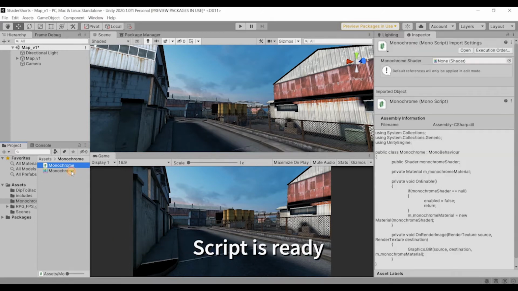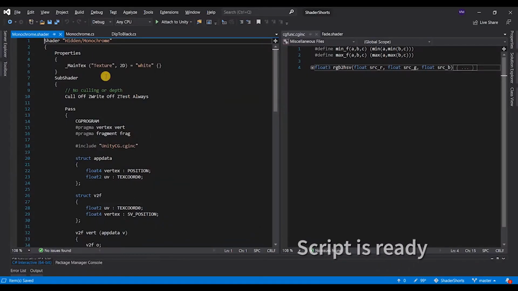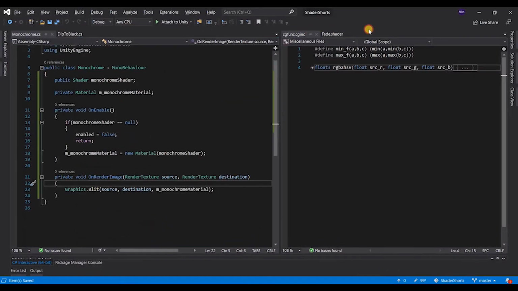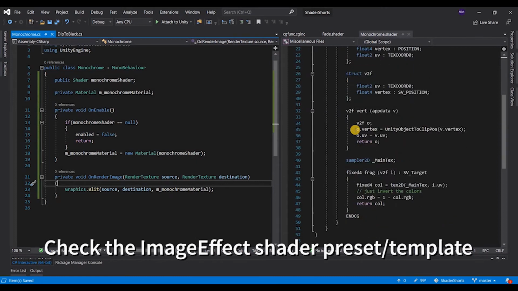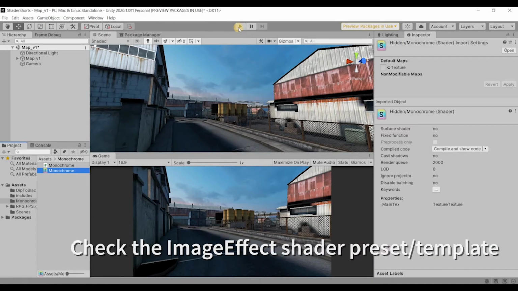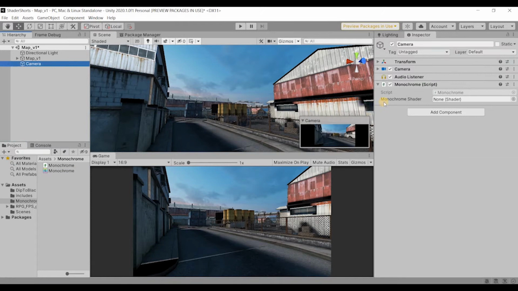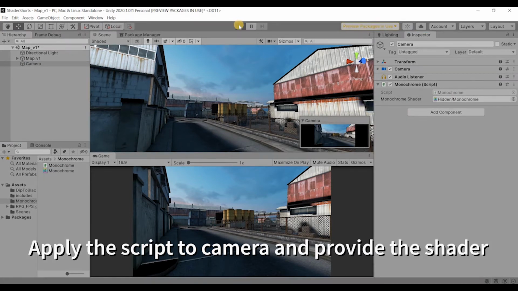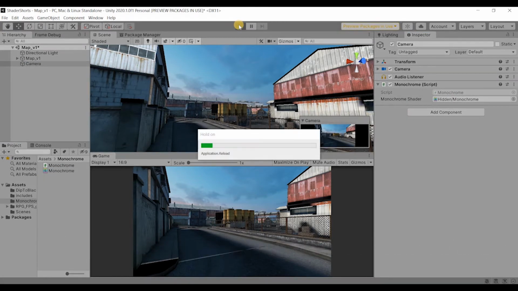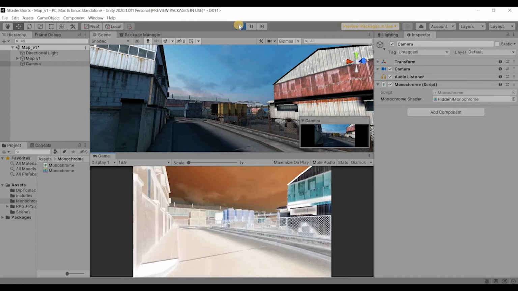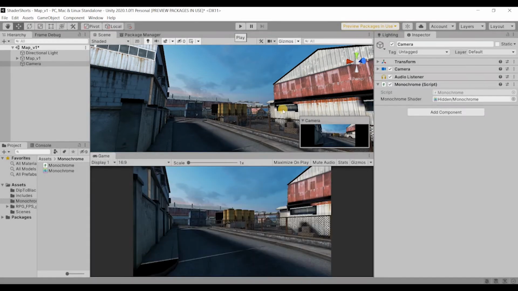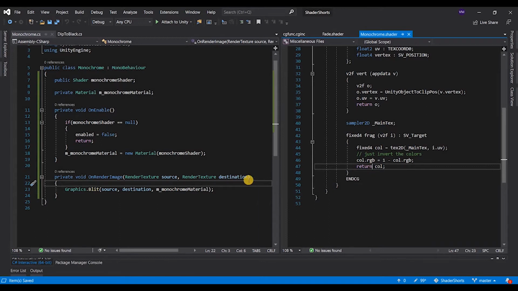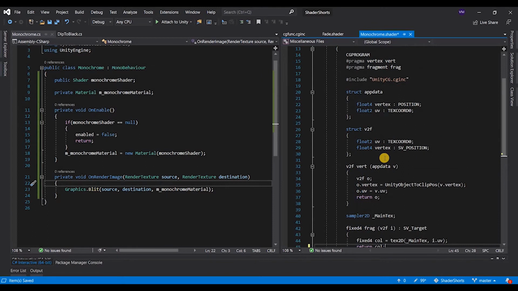This monochrome shader is a basic shader from Unity, hence this basic shader that we get as a preset will invert the colors. So if I hit the play button, but before that we have to apply the monochrome script and provide it the monochrome shader. Now if I hit the play button, it should invert the colors of the pixel because it's 1 minus RGB. I'm not connected to my power source at this moment, so sorry for the delay and the noise outside. But anyways, now that the shader is working, all we are concerned about is